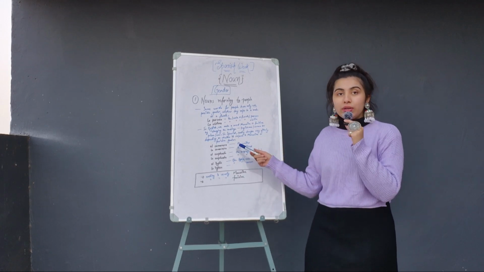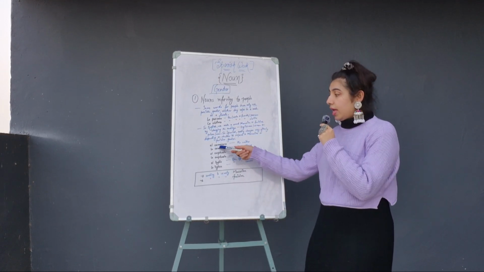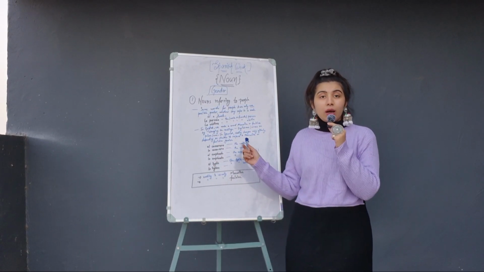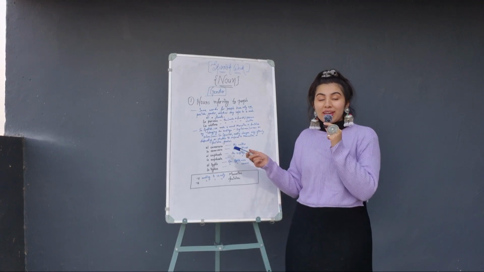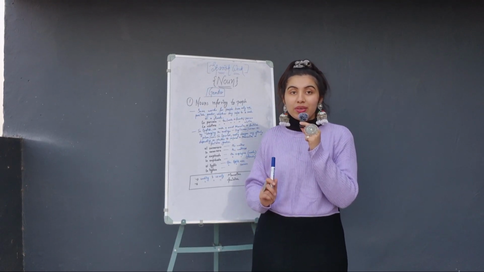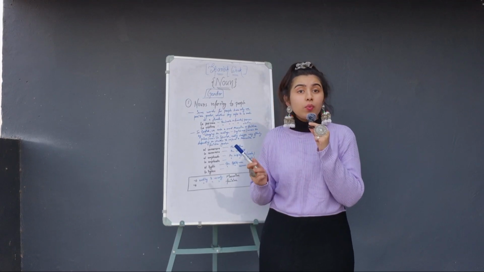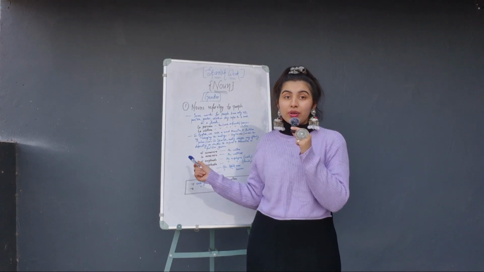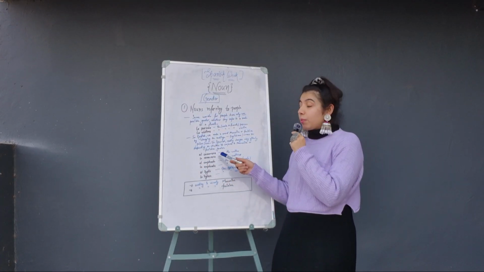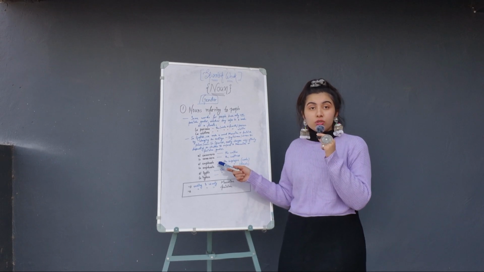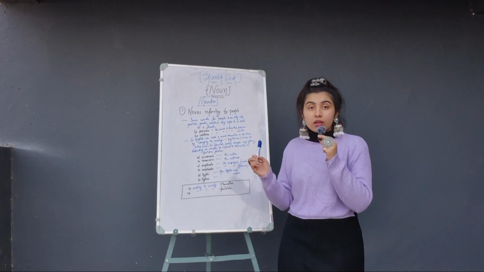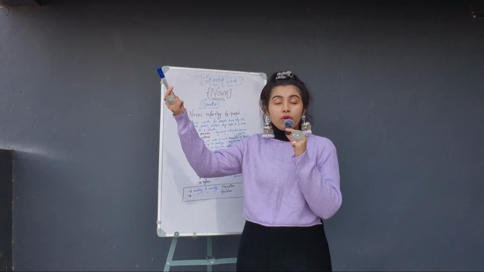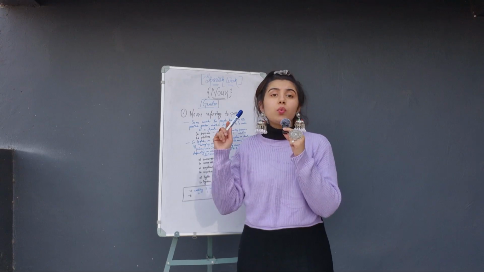Number one is el camarero. El camarero, and before it the el is used. El camarero is the waiter. Now what is the waitress? Waitress is la, obviously, because I have told you feminine is la, not el. So la camarera, the ending will be changed according to the gender. Camarero is waiter, camarera is waitress.